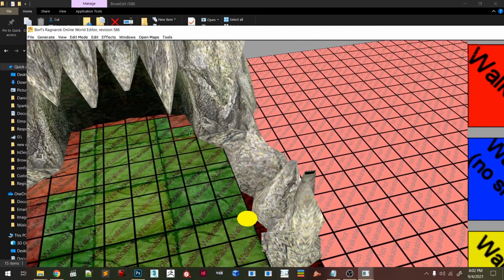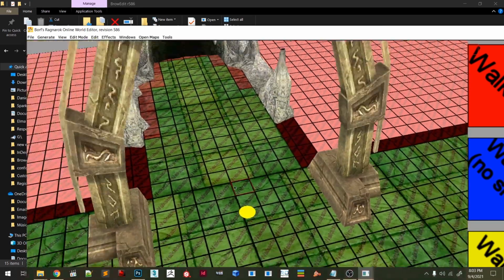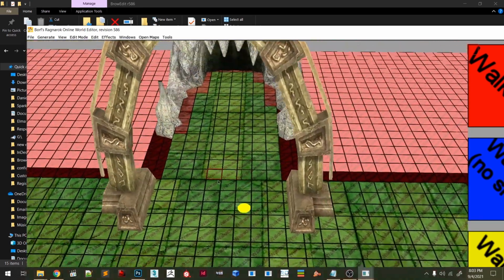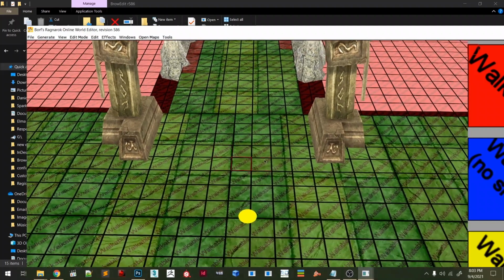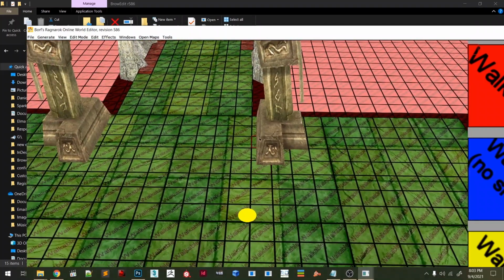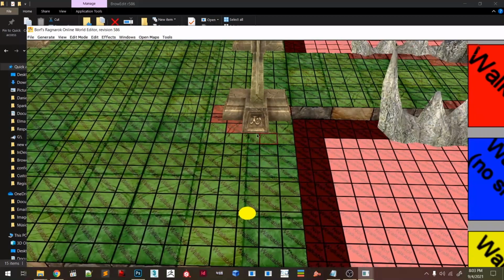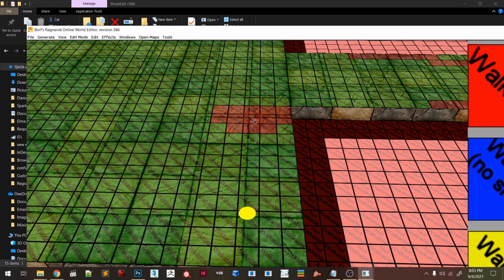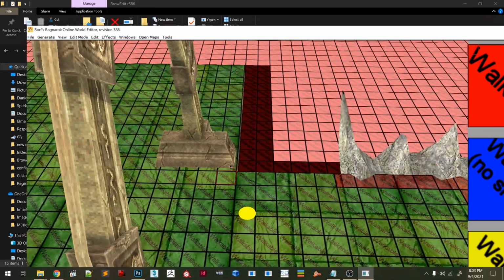Okay. So the character will not be able to walk around there. And here. So you can press O to make the 3D invisible again, and it helps you to set the gats.